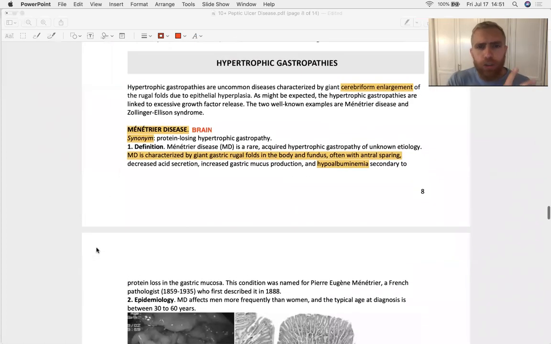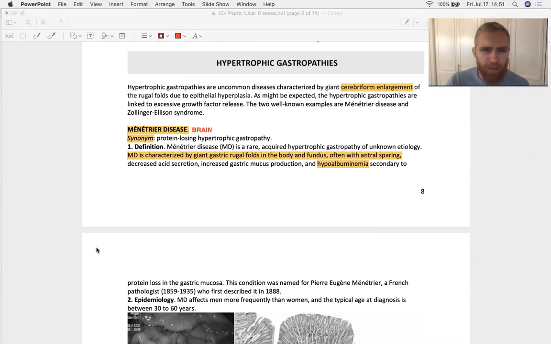Now we talk about two hypertrophic gastropathies, and these are important to know because they're pretty unique. So you want to be able to recognize them like that so that you don't have to spend much time on these questions. That'll help you out for the tough ones, right? So first we have Menetrier disease. This is when your stomach just looks like a brain. And it's also called protein-losing hypertrophic gastropathy. So you waste protein, hypoalbuminemia,